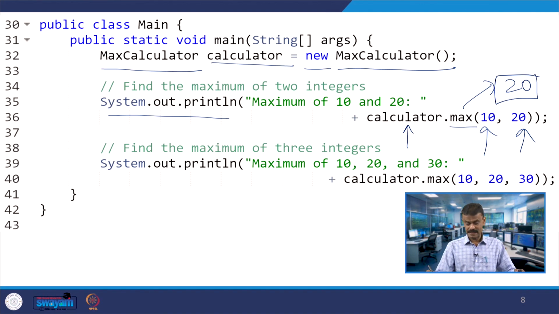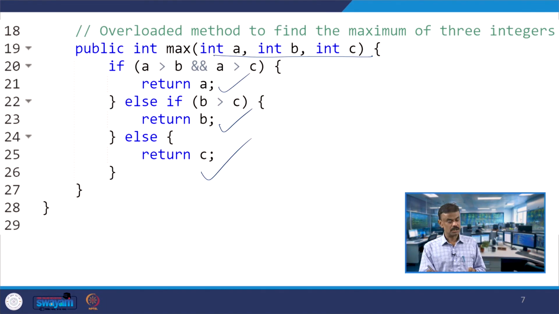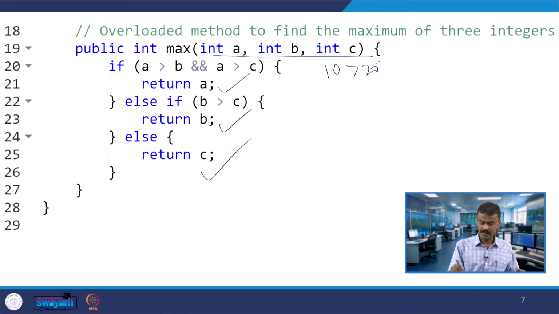And in the second case, the calculator object is invoking max again, but now you are passing three values, 10, 20 and 30. In that case the three-parameter method will be invoked. You are comparing whether 10 is greater than 20 and 10 is greater than 30.